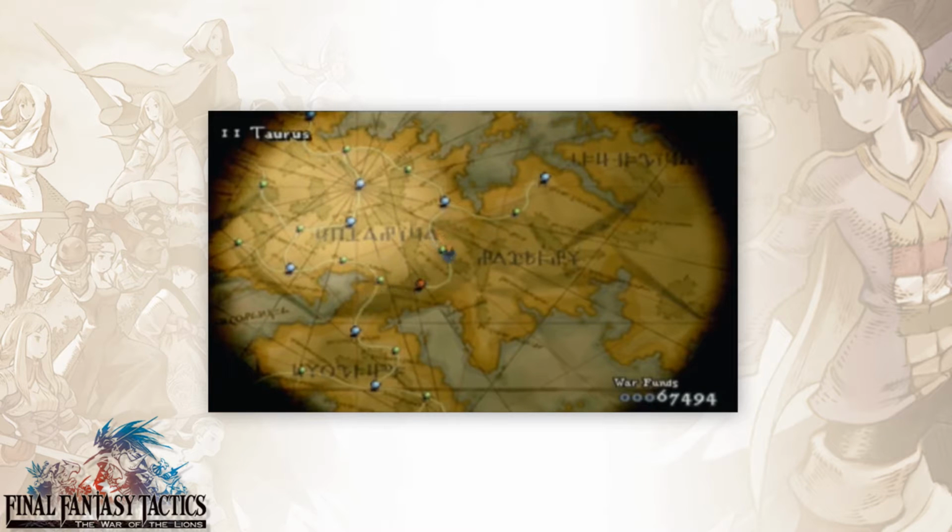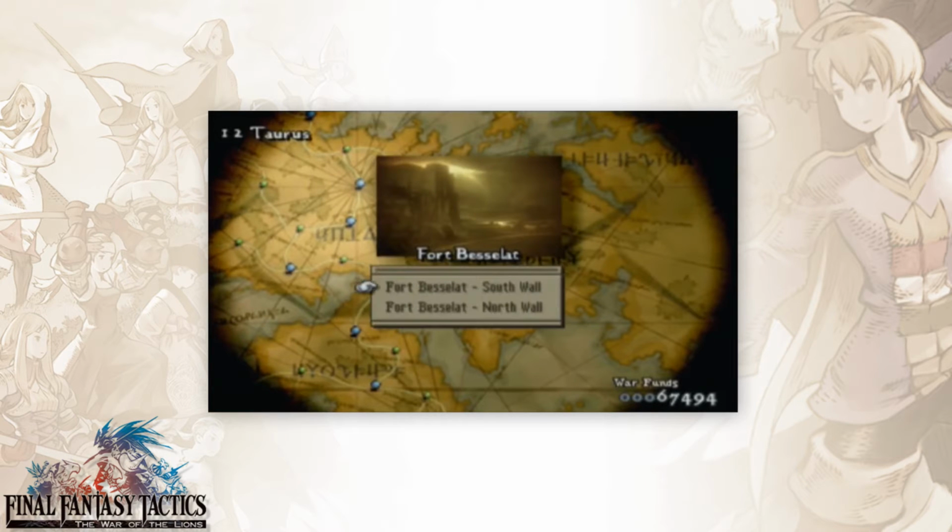So Fort Bezelet. We have a choice here: South Wall or North Wall. South Wall, you're sort of in this gully of stone. I think there's a ninja and some archers in there. North Wall is like a tower, and I think there's lancers and archers. And I'm inclined to go...